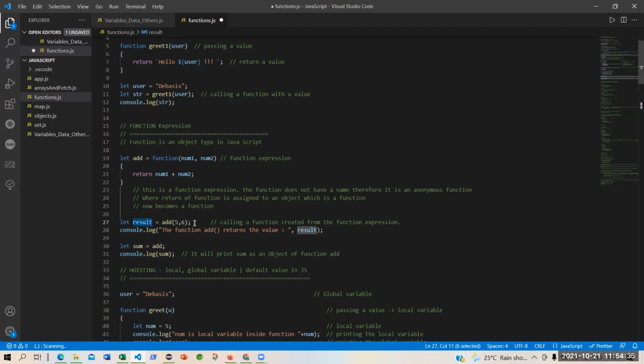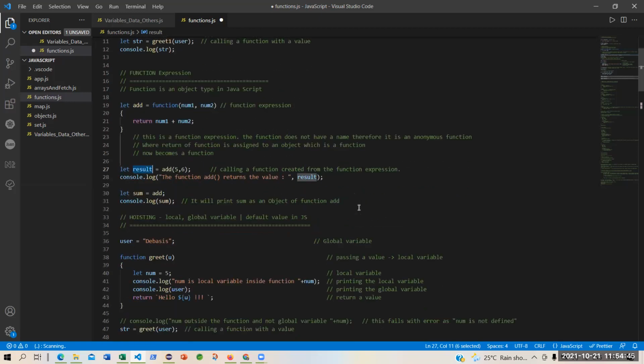So add 5 and 6, the result is 11, because you have done this, stored it here, and you are printing the result. Now, for the same sake, let's say we declare some other variable, sum. You say add. Now, add is already a function. So will you think that this sum is also a function? This is called a function as an object. So this sum becomes an object of this function,